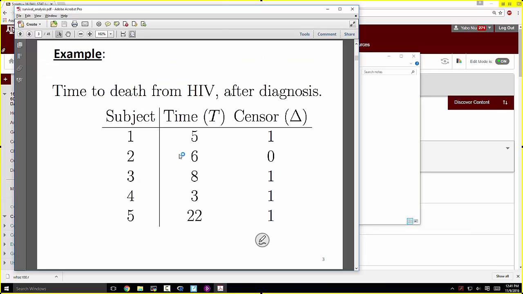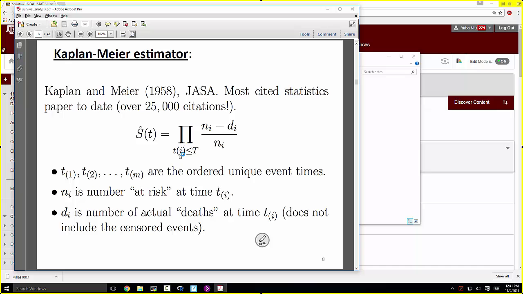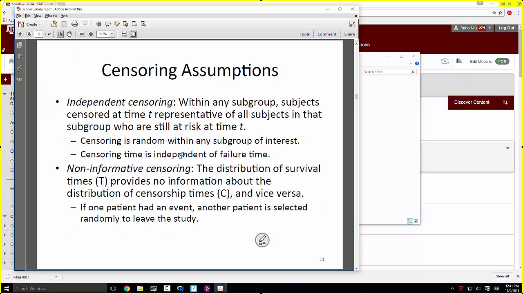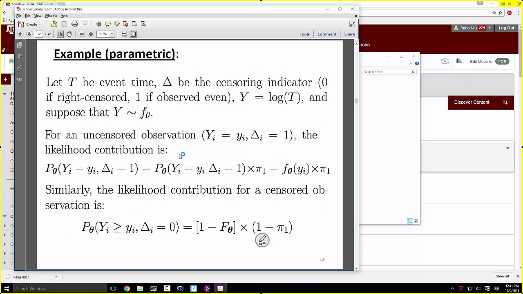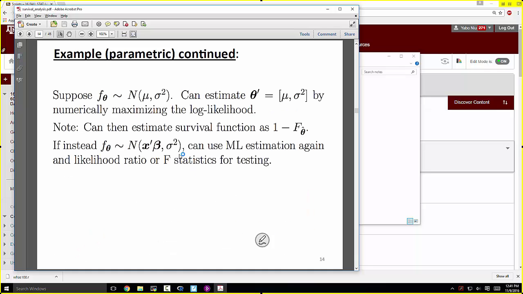Okay. So where were we? We were talking about the Cox proportional hazards model as a method for regression